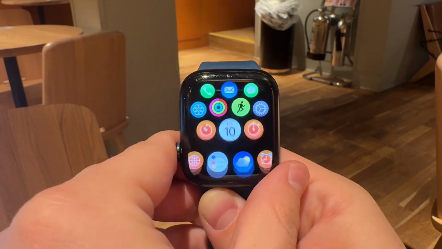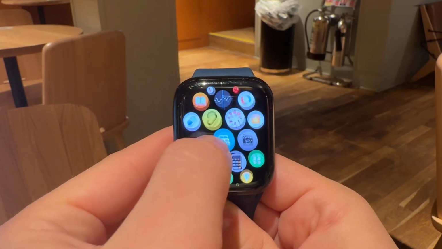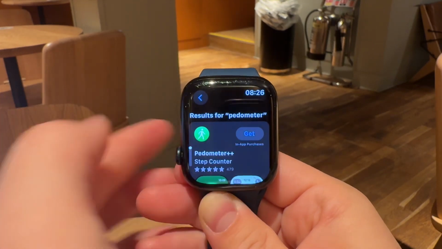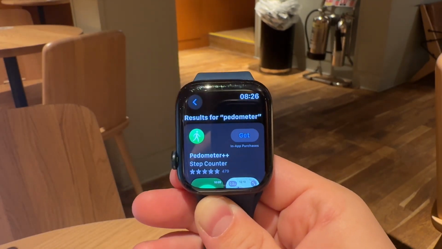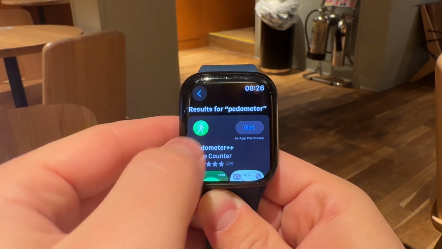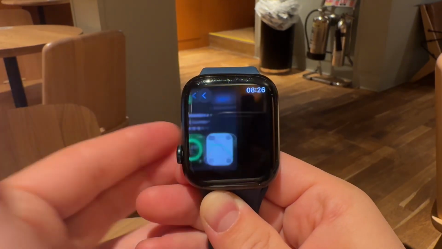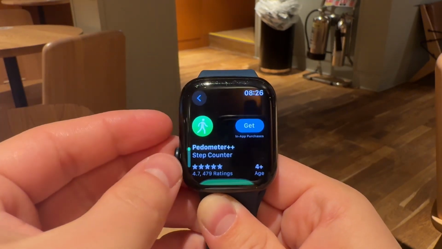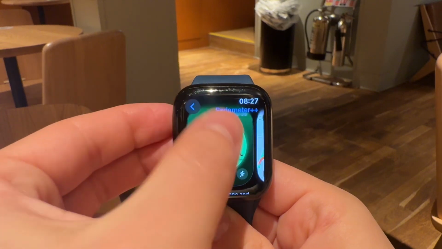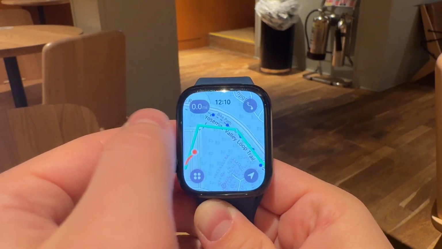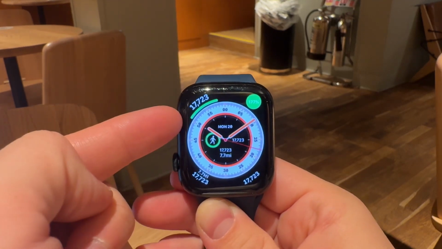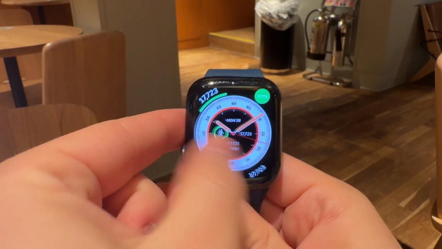However, there are some third-party apps available that can have access to your health data and link with the step count and then display it as a complication on the main page. So I'd recommend you to look into it if that's of your interest. One such app that I know about is one called Pedometer. Obviously, there are some other options as well, and I'm not affiliated with them in any way. I just use this app, and it's pretty good, even though some features are behind a paywall, so this might